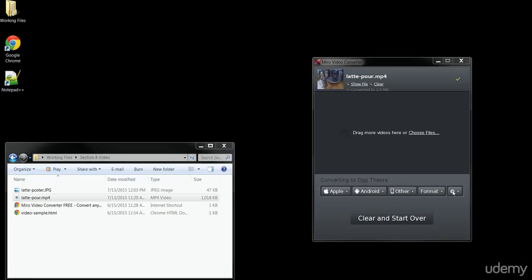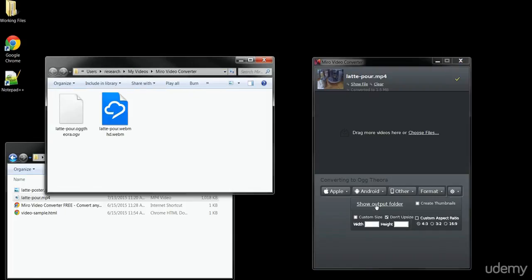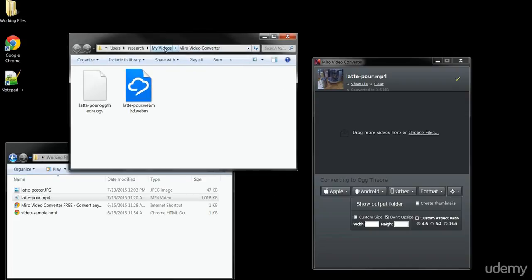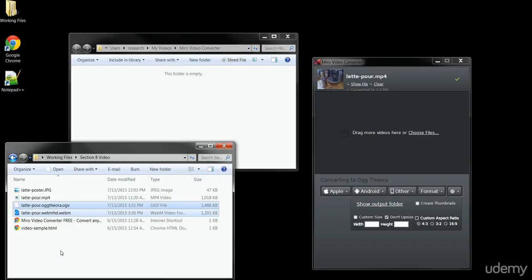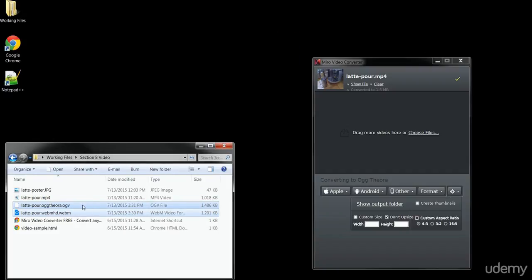Now we'll need to go and get those new versions, so I'm going to click on the Settings button, and there it'll show me the folder that it put our video files into. They were dropped into the My Videos folder, but that's okay. I'm just going to grab both of them and drag them right into my Section 8 folder. And now we can use our elements on the page. And now that we have our video files all